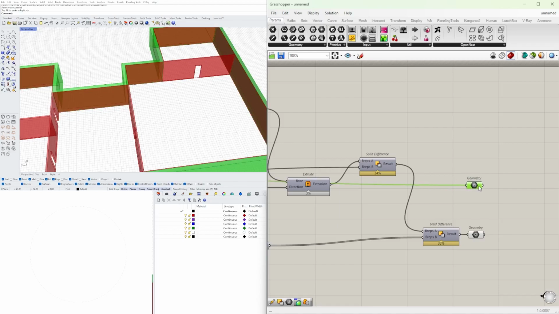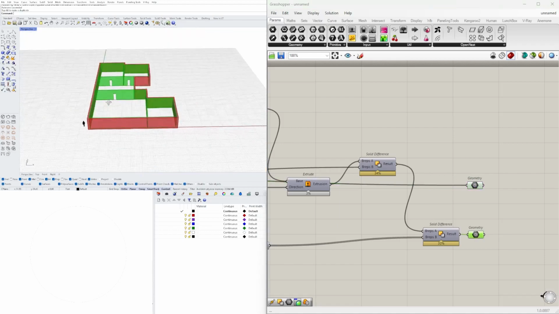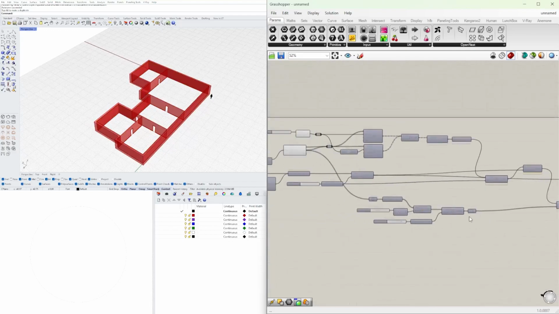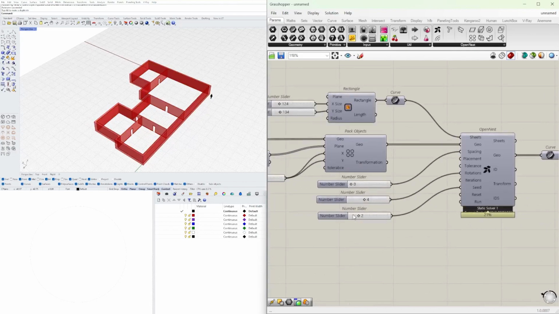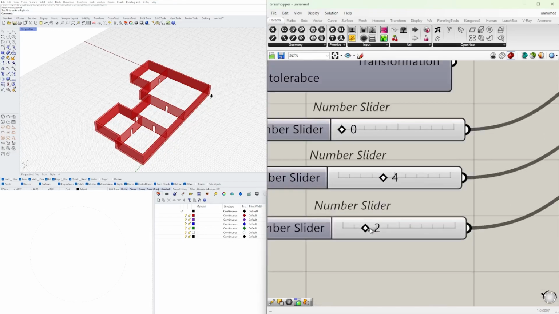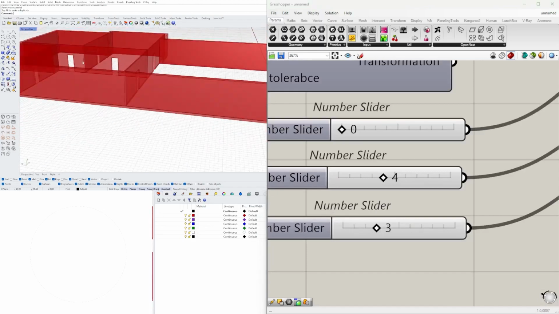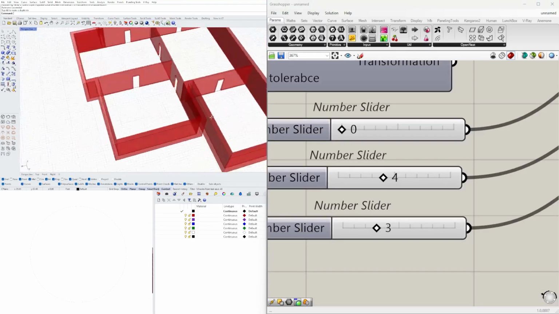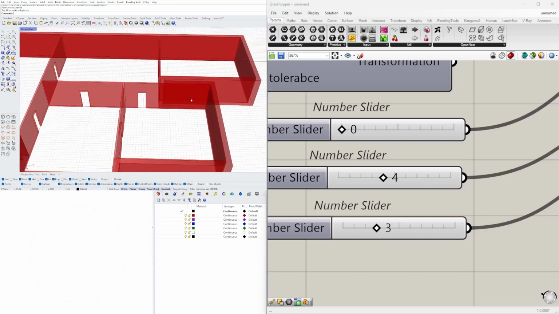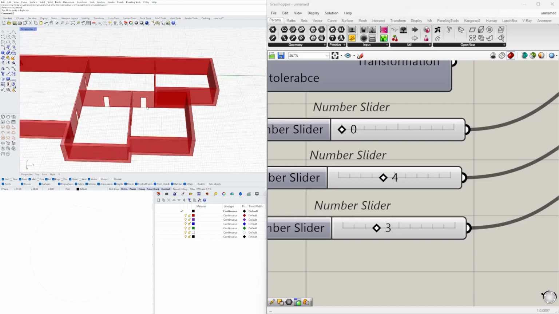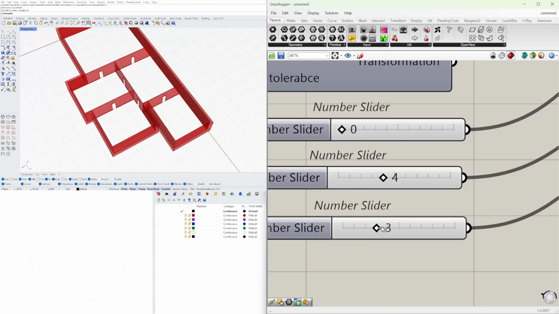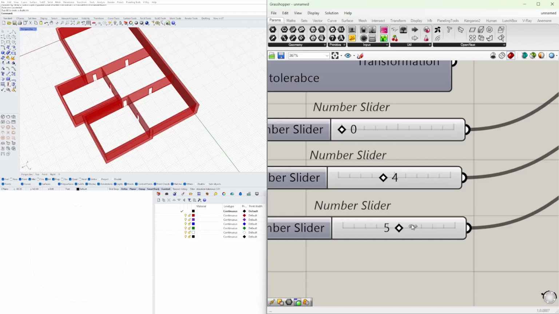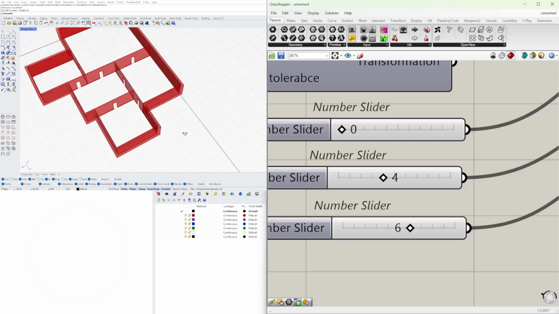Now we're on to the exterior. But before that, I want to show that we still can change these. And the doors will be exactly in the center. The only issue I see is if at some point the room overlapping with the room next to it is smaller than the width of the door, that's where we can find a conflict. And I'm pretty sure that if I just run through some of these, there will be one of those. But for the most part, like in this one,